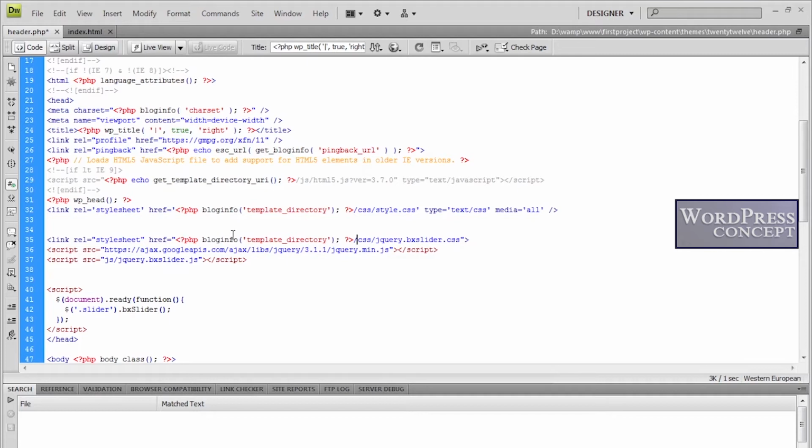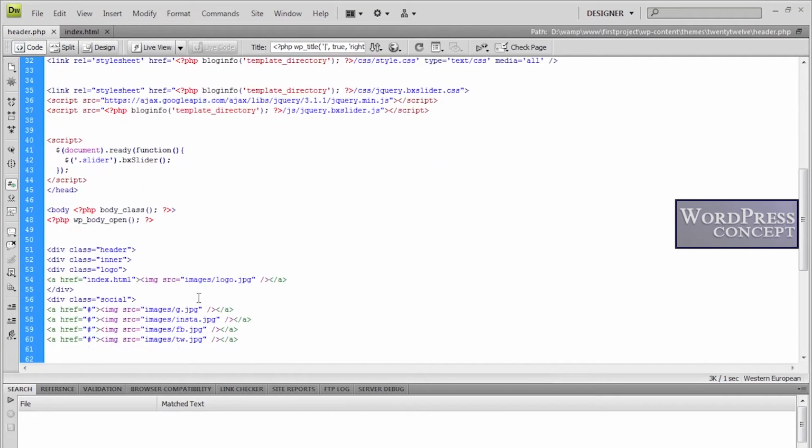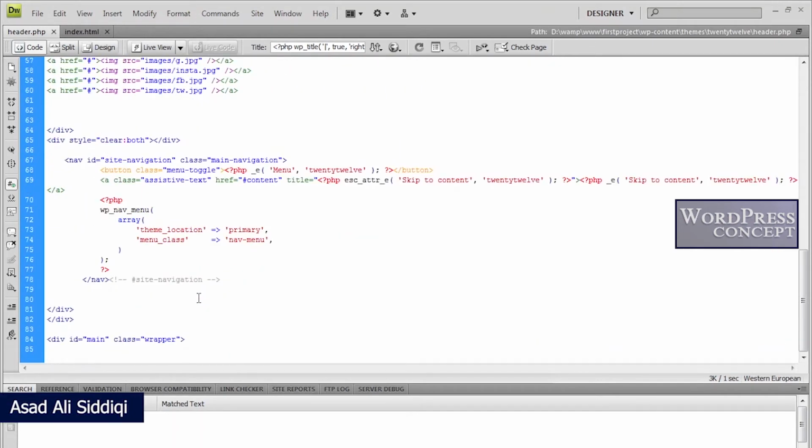bxslider.css file. So this address is made proper. Now this is the third address, which says js and jquery.bxslider.js. I will also paste the same code here, with a slash. Now all these three files are successfully brought into my header, and I can say almost my header